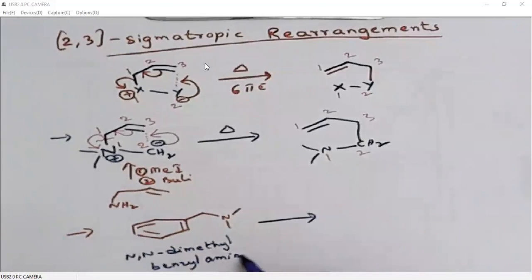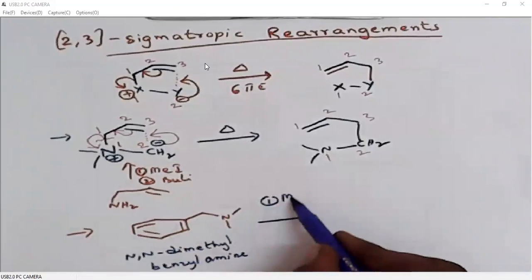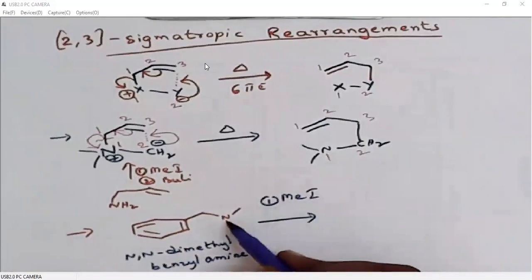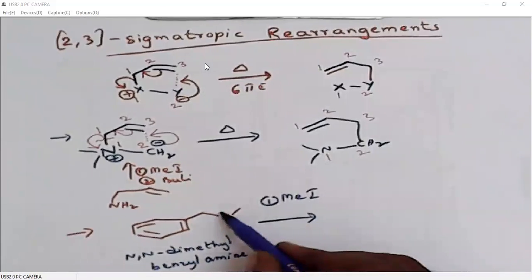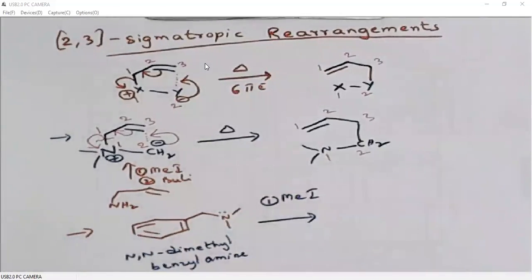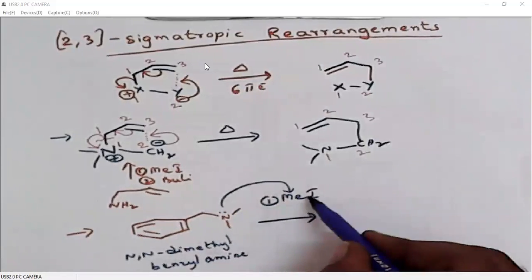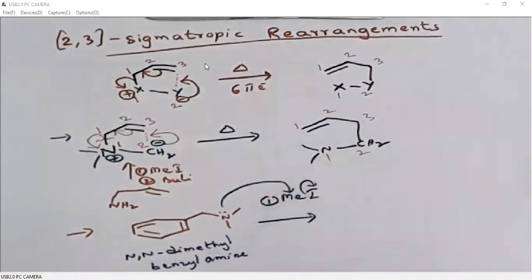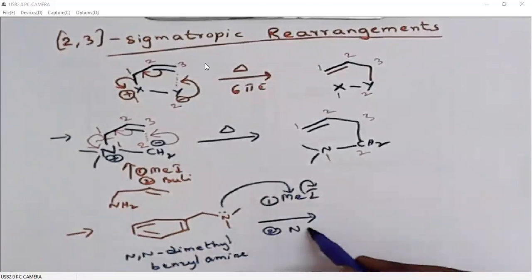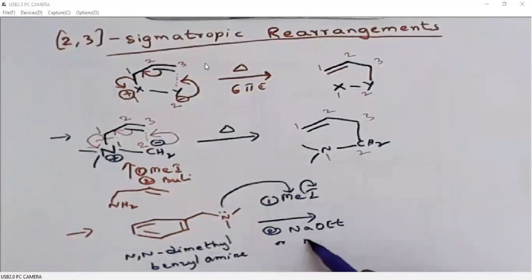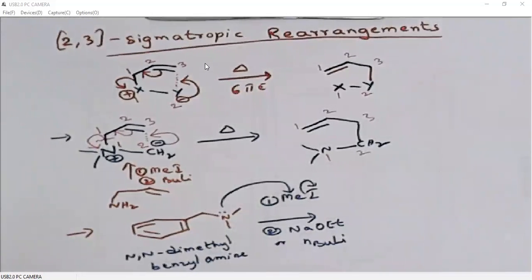benzylamine. When it is treated with methyl iodide, again methylation occurs on nitrogen, because nitrogen with its lone pair acts as a nucleophile, so it immediately undergoes nucleophilic substitution, then iodide will be leaving, right? Next, it is treated with a strong base, either sodium methoxide or some butyl lithium reagents. When it is treated with a strong base, what will happen? It generates the ylide.